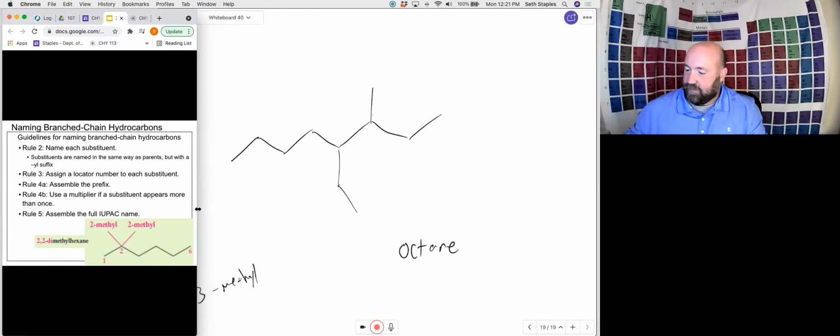We also have a 4-ethyl group. That's this one right here. 2 carbons long in the 4th position, 4-ethyl. So now, when we look to add our prefix, again, we're going to go in alphabetical order of our substituents. And so the actual name of this one is going to be